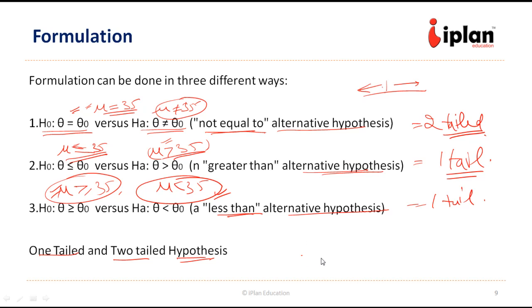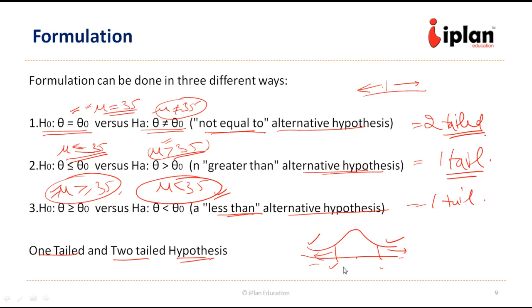When we are looking at the distribution, we need to remember whether we are trying to look at the probability of the left side, the probability of the right side, or the probability of both. So if you want to know the probability of a number being at the center, then we look at the probability on both sides. If we are talking about greater or less, then we have to look at only one side.